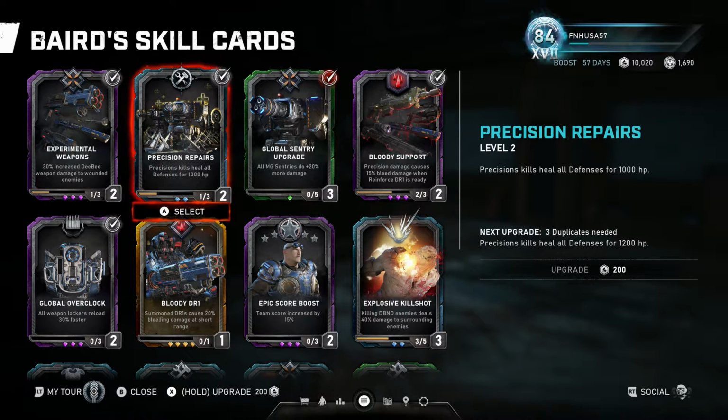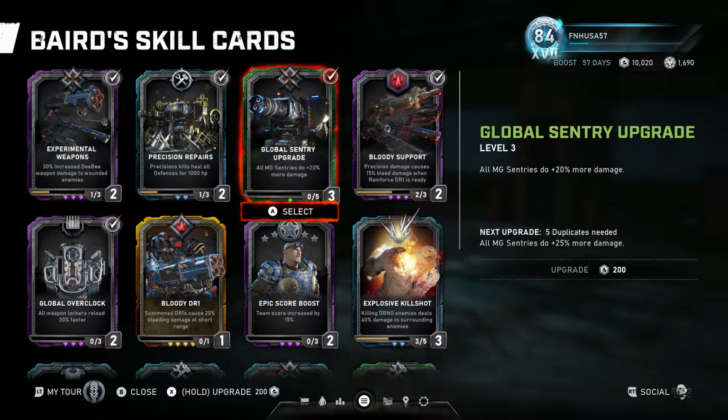Super easy to repair if you're working with a coordinated team that lets you get those precision kills. It also saves a hell of a lot of energy, allowing you to build more fortifications and your team to upgrade perks. Next up, I use the Global Sentry upgrade, which I have at level 3, and what that does